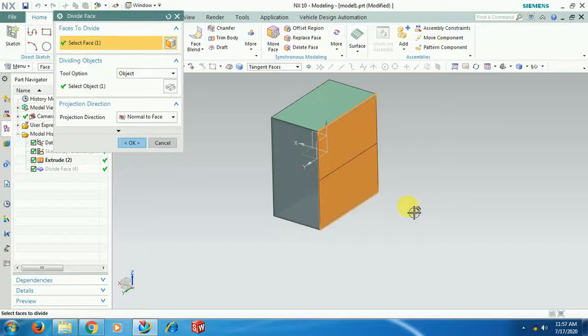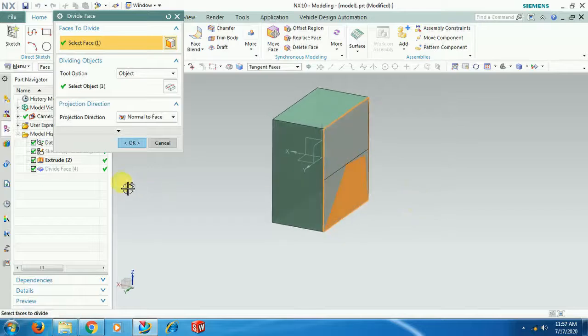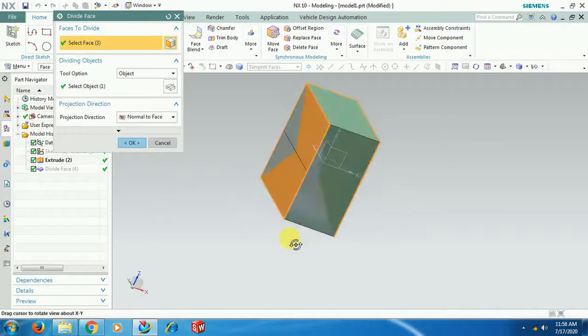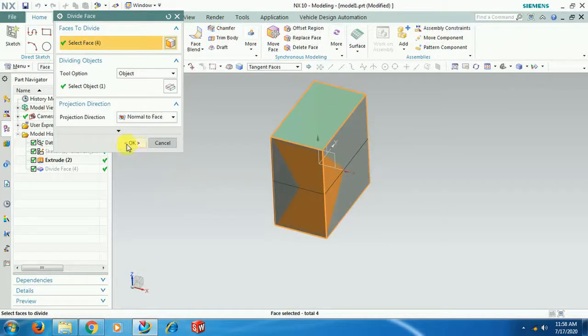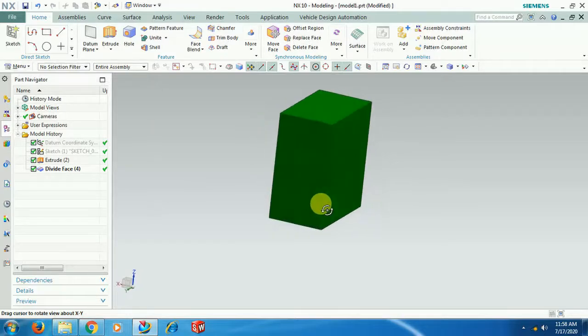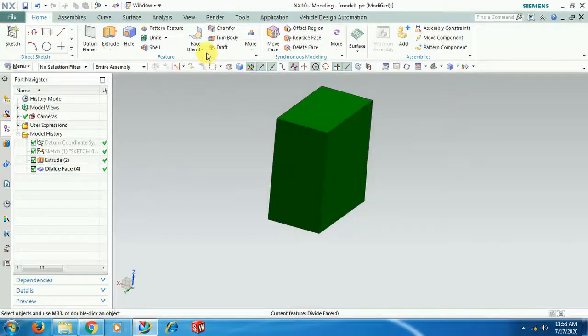See, in this divide face option, okay, I went back and selected divide face. See, in this now I select multiple faces. Now you can see on all 4 faces you can see the edge, is it not? Now see the output I will show with this command. 4 outputs I will show you.